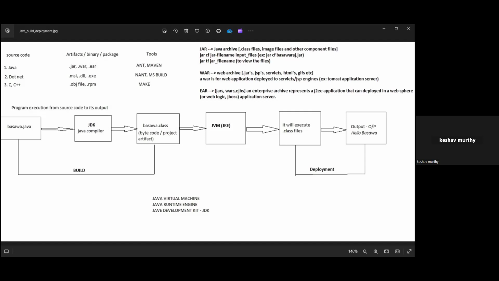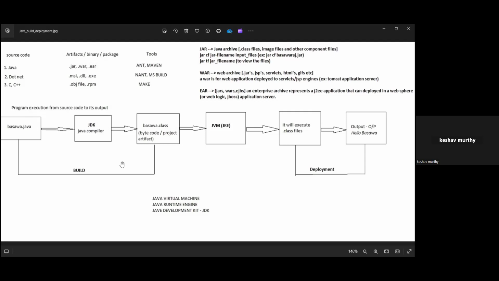One is compilation. When I compile the Java code, here you will be having Java code, .java files. Whatever the programmer develops, they create a file with the extension .java, which means it is source code.